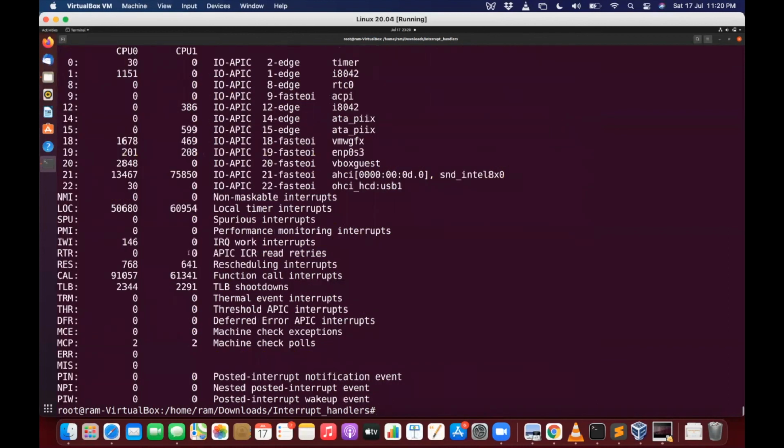Here you can see this is the interrupt number, and this is the number of times it has occurred on CPU 0, and this is the number of times it has occurred on CPU 1. And here is the interrupt controller name, and this interrupt is for the timer, and this first interrupt is for the keyboard. I have removed our interrupt handler, otherwise we could see that our device driver code was also registered for this interrupt line number 1. That's why we were able to raise the interrupt.